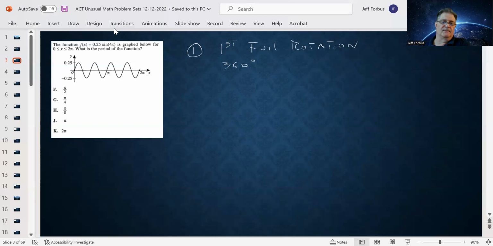That's the period. So the first full revolution or rotation, going from 0, from the origin, all the way back to the x-axis, one time. That is the period. With that in mind, if you look at the x-axis,